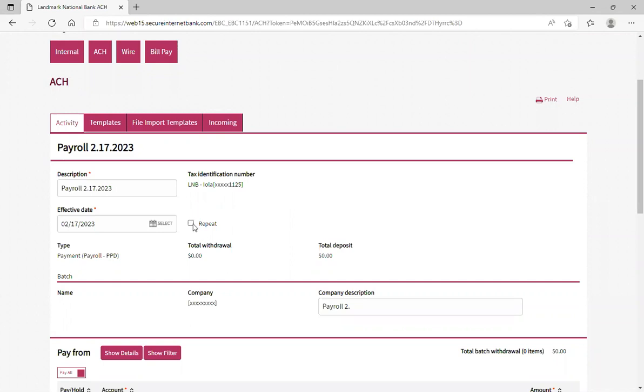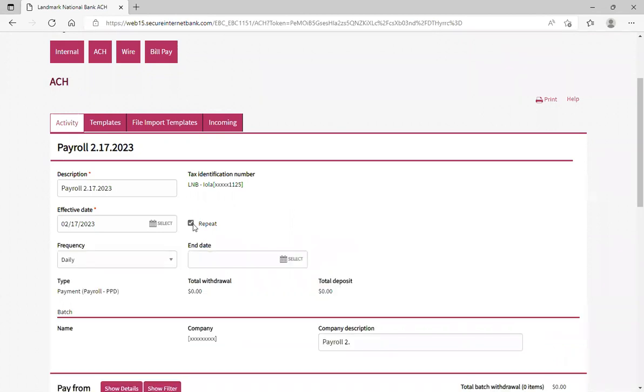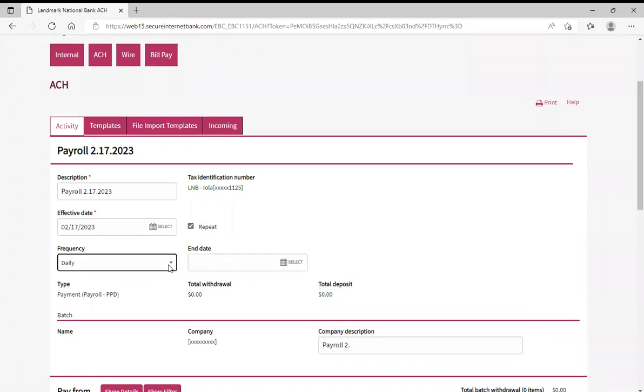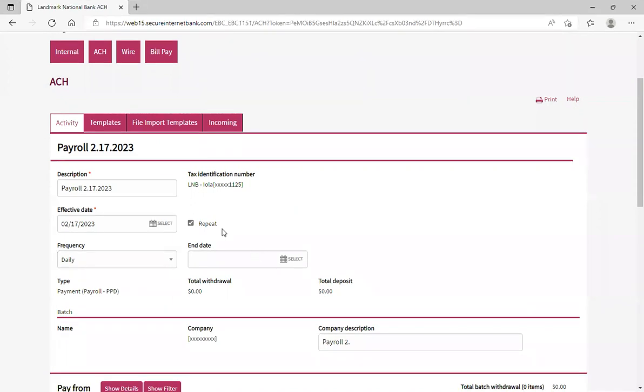Now we have the option to make this a repeating file if you want to do so. All you would need to do is hit that repeat button. Then we have several different frequency options such as daily, weekly, bi-weekly, monthly, quarterly, annually. Then you would be able to select an end date if that's applicable. We are not going to go ahead and have this as a repeating file, so we just need to unselect